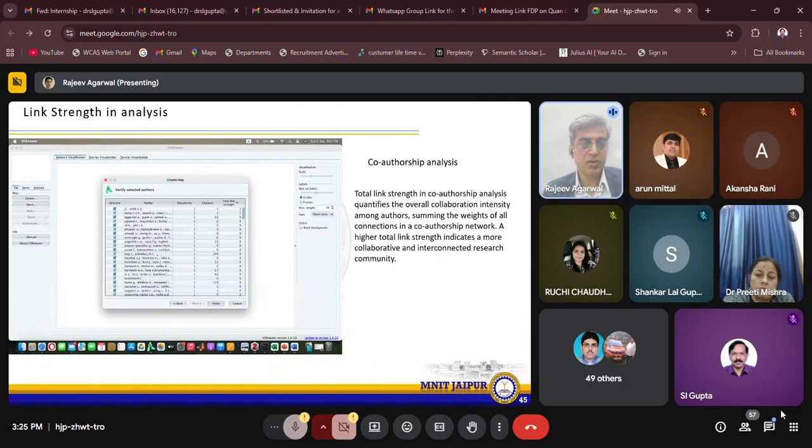There's one particular author who has 144 citations. There's one particular author who has got 114 citations. And there are other authors too. So I can see this particular author has got this many citations. So maybe I can see this paper is readable, and this paper I am going to follow. So I can see where I can collaborate and interconnect with the research community there.